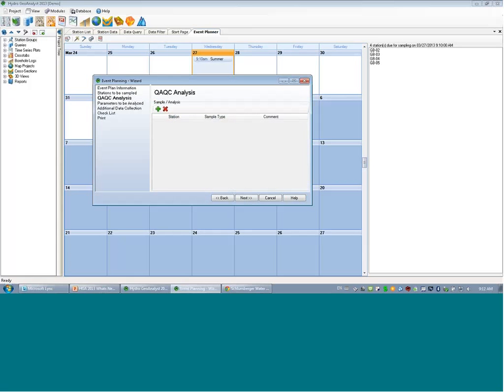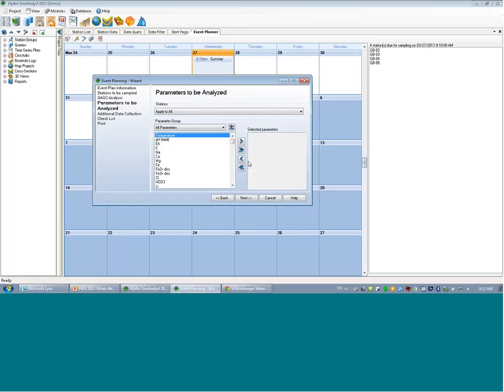I can indicate a QA/QC sample. So I can say, okay, I know that you're going to these 4 stations. You know what? When you're at this station, you need to do a duplicate for our QA/QC program. On the next step, you can indicate which parameters are going to be analyzed by the lab when you send